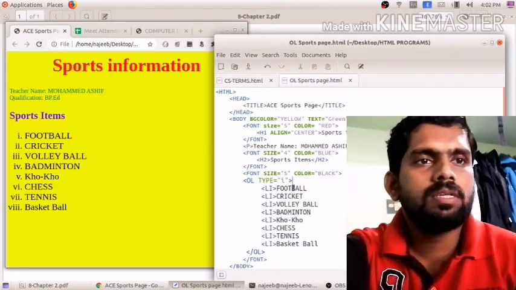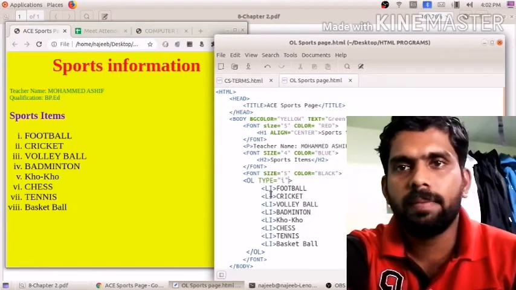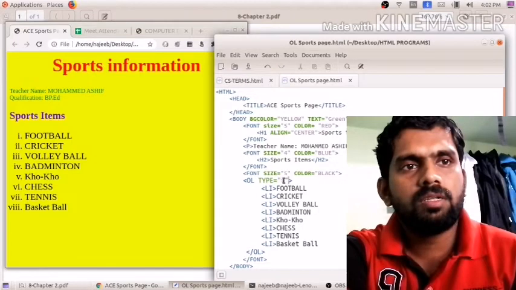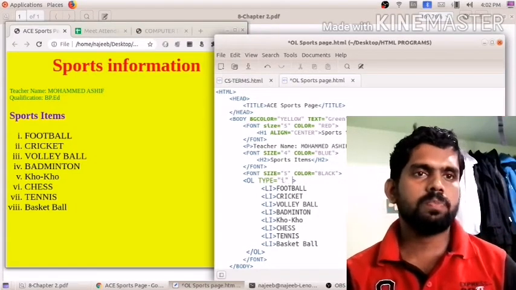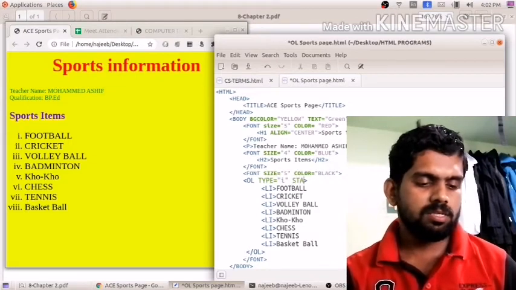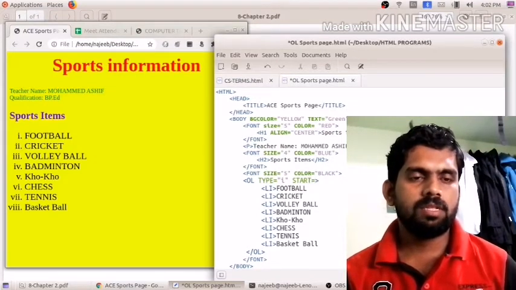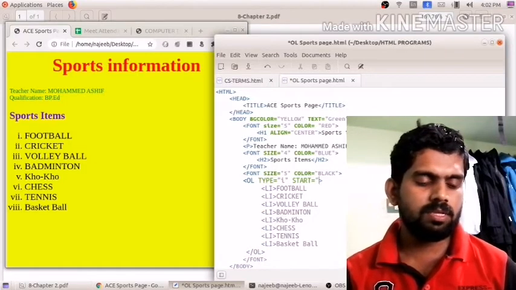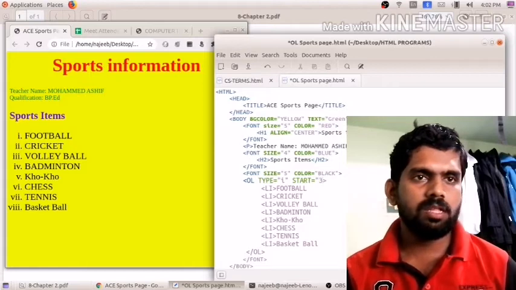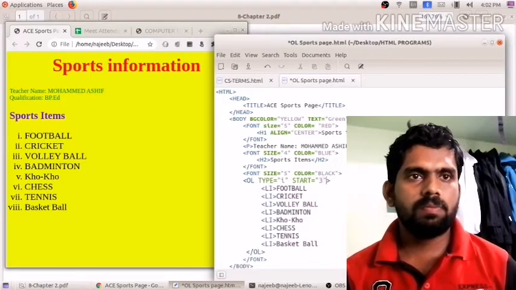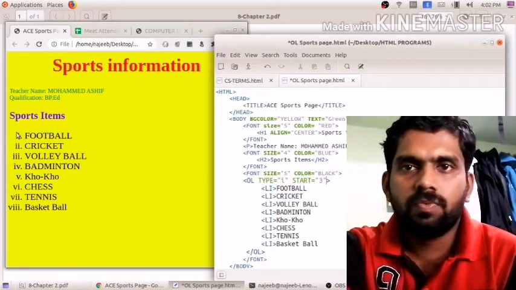One more thing: here you can see it is starting from 1 2 3, or A B C D. If we want to start from another value, here you see I add one more attribute, start, along with type. Start is equal to, I am writing within quotation marks, 3. That means it will be starting from 3. Now it is starting from I, that means 1.